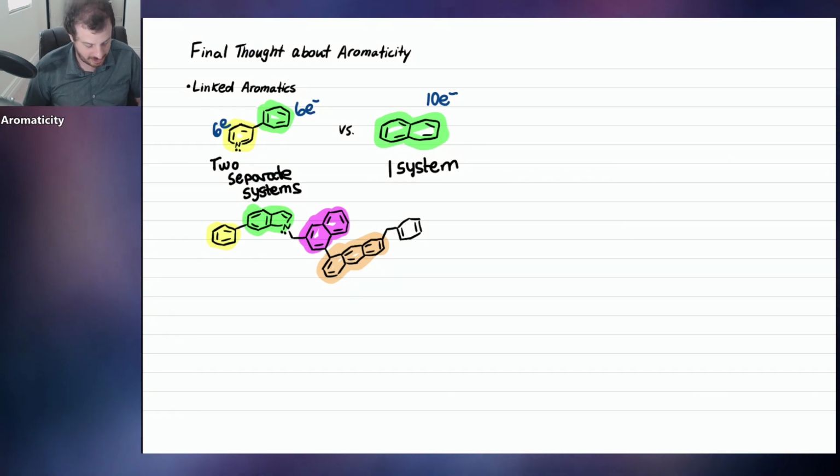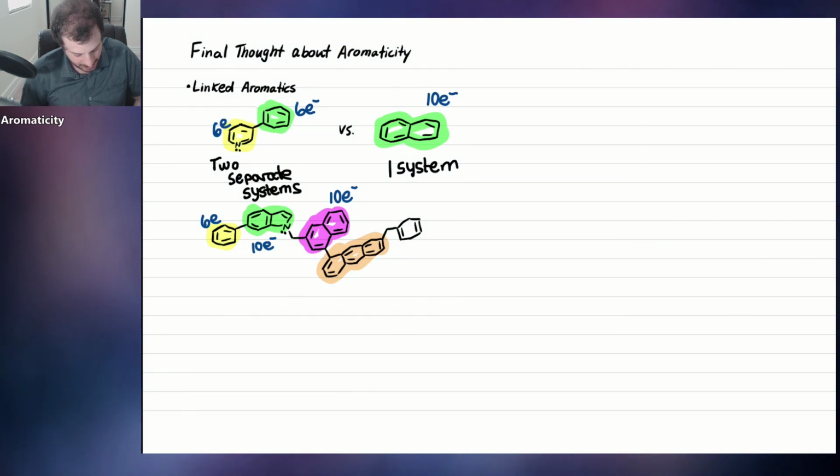Okay, let's go down here. 6 electrons in this one. How about in green? How many do we have? 1, 2, 3, 4, 5, 6, 7, 8. That would be anti-aromatic, but we've got some lone pairs on the nitrogen. Those can contribute, so that'll bring us up to 10. Thank goodness for those smart heteroatoms knowing when to donate their lone pairs if it helps. This guy here is another 10. 1, 2, 3, 4, 5, 6, 7, 8, 9, 10.